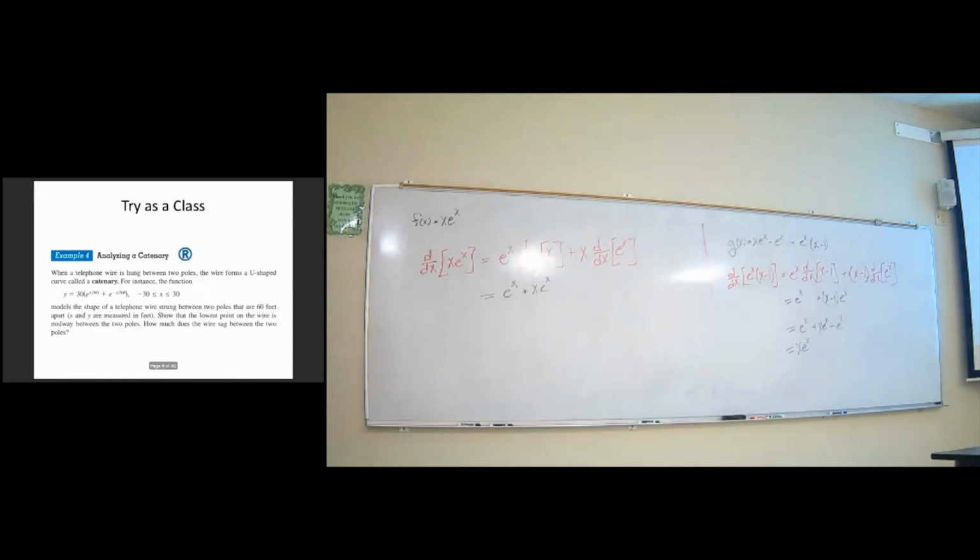So in this case, the problem just wants to know how much does the wire sag between the two and what's the lowest point midway. So how are we going to find midway? We're going to take the derivative here and set it equal to 0, right? And then,